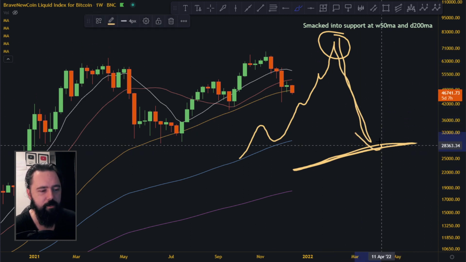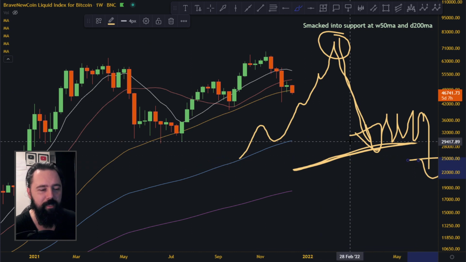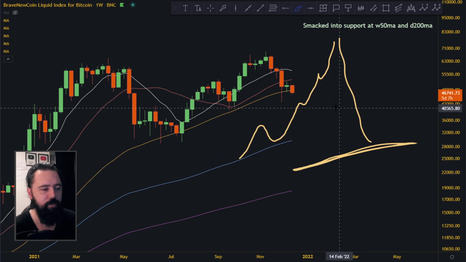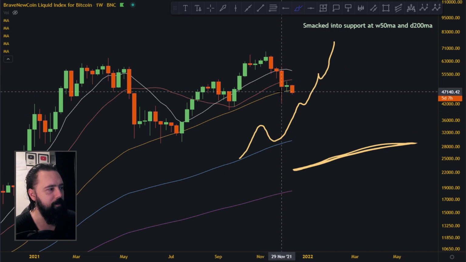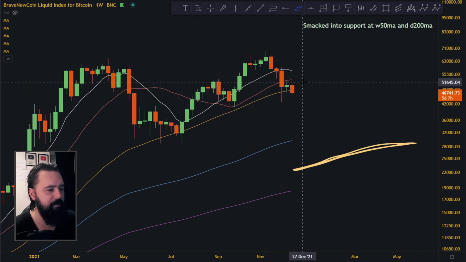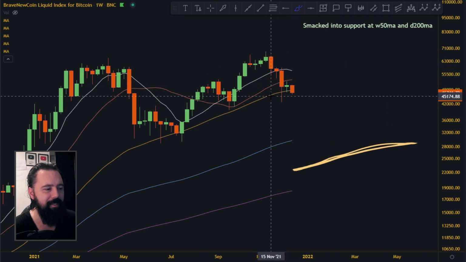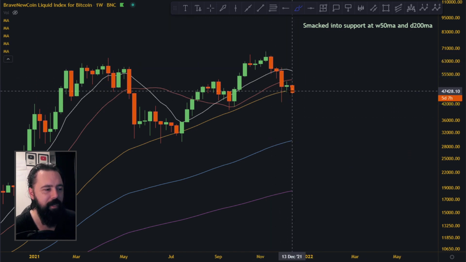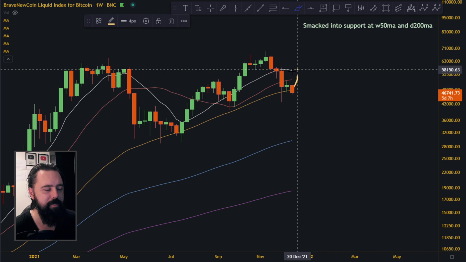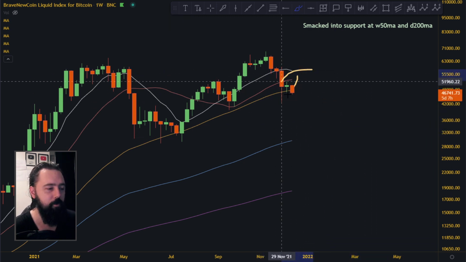Oftentimes what you get is some kind of smack, then you kind of hug it, and then you break it eventually at a later point over here. We did wait 1 week up here, just sideways motion, but I don't think it's the right time still to break. So this big move, smacking down into the moving average, is not something that I think is going to happen very fast. So I think we need some kind of move towards the upside, something like that, before we actually continue towards the downside.